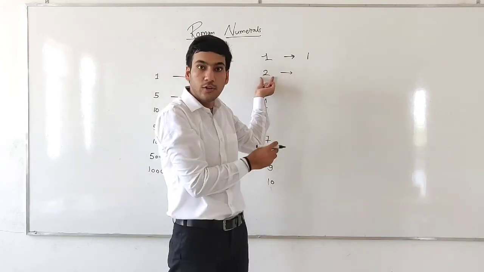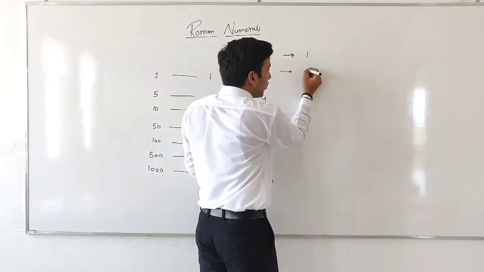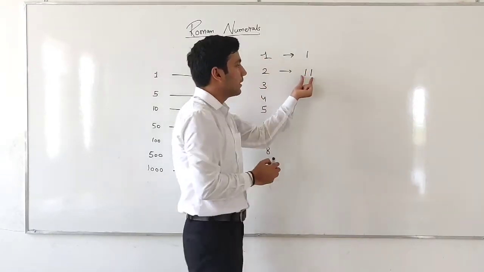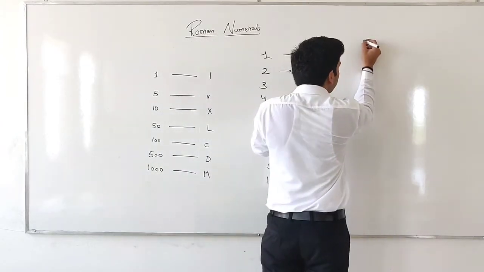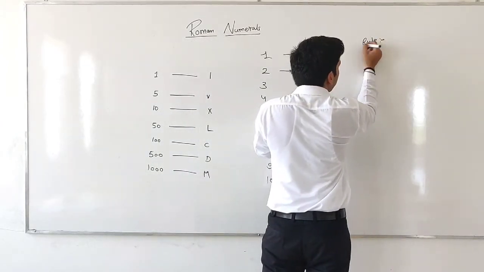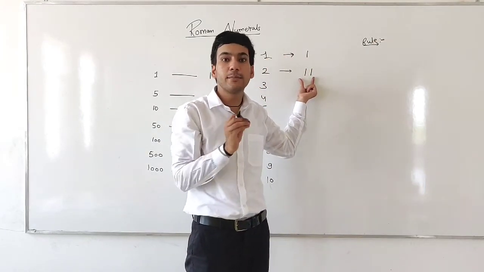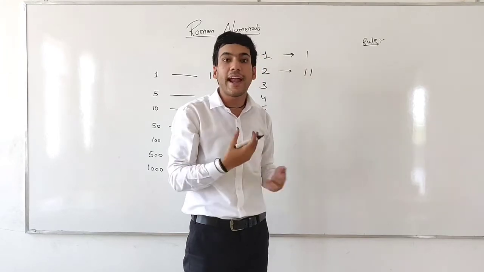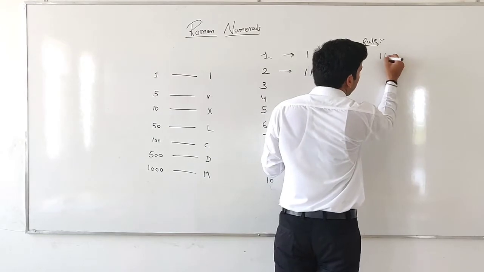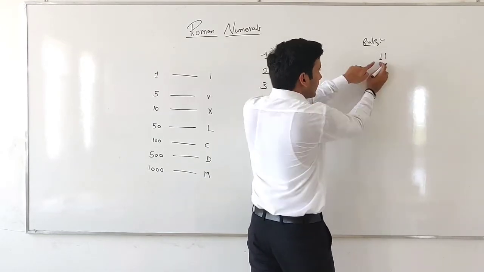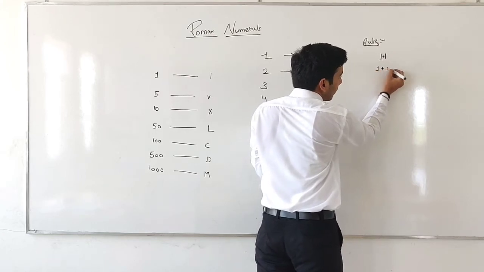Second, what is the Roman symbol for 2? We don't know it yet. So this is the Roman symbol. How can I say this is the Roman symbol for 2? Because there is a rule that if Roman numbers are repeated, then there is a hidden plus symbol, a hidden addition of that number. Means for this, we know this is for 1 and there is a hidden symbol. So 1 plus 1 means 2.